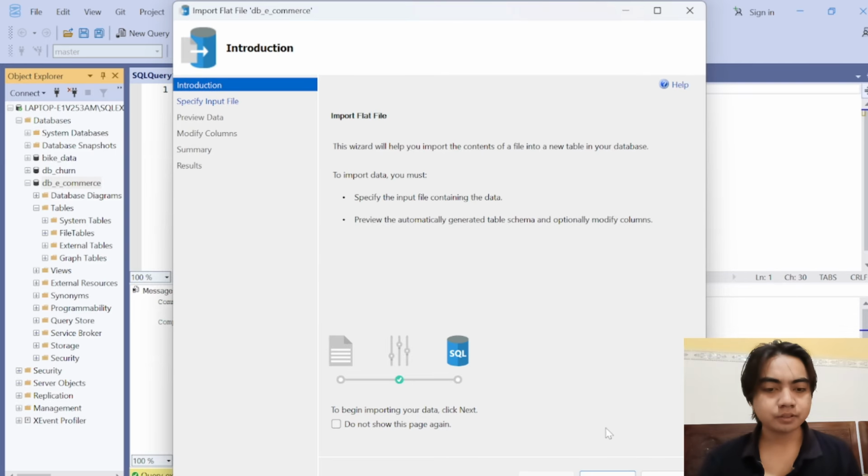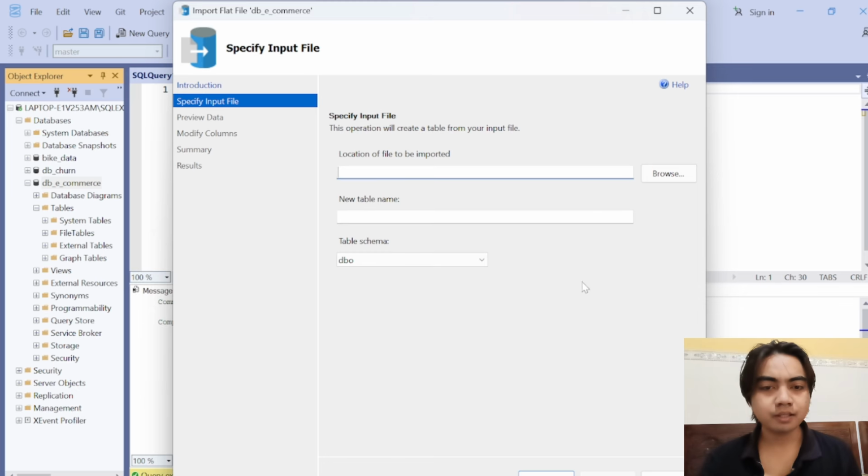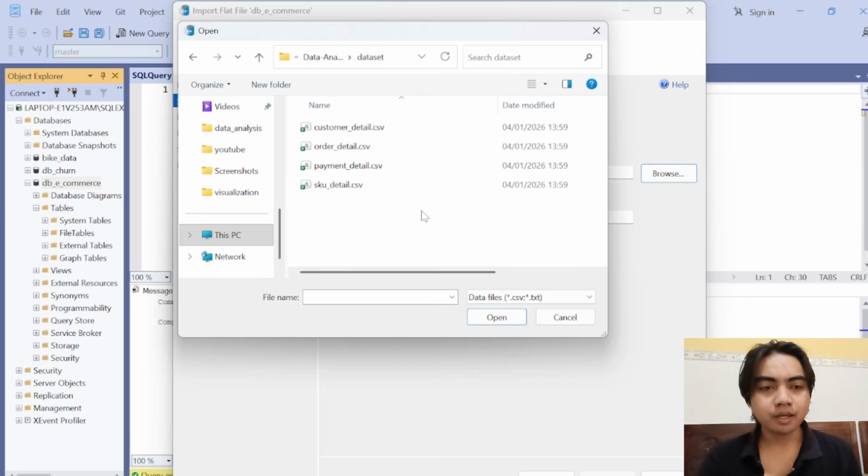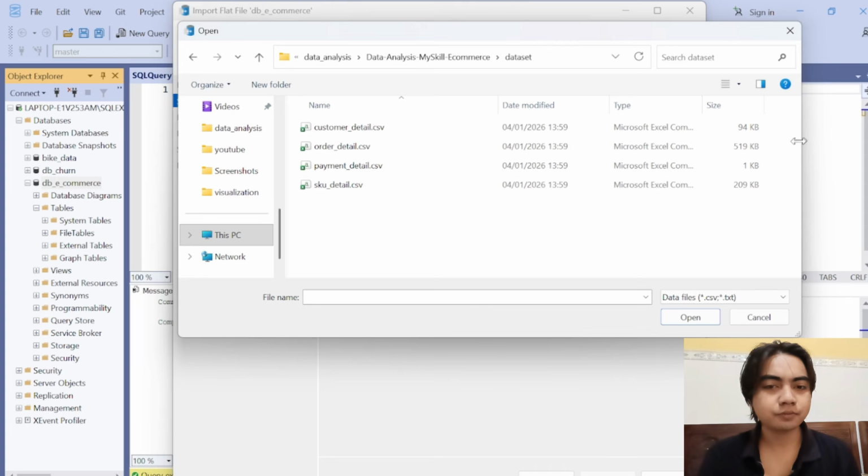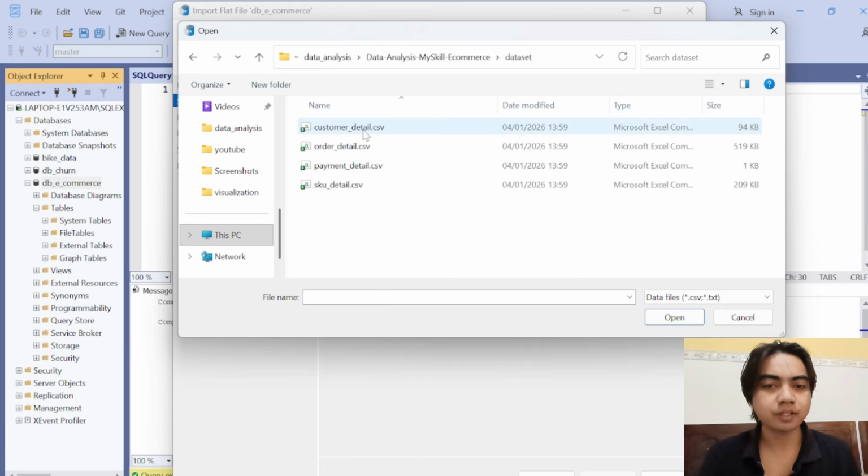You can just click next, and then the location of the file to be imported. So you can just browse. Okay, so this is the data that we have. We have customer detail, order detail, payment detail, and SKU detail, and all of this data is in a CSV format. So you can just, for example, click this customer detail first,